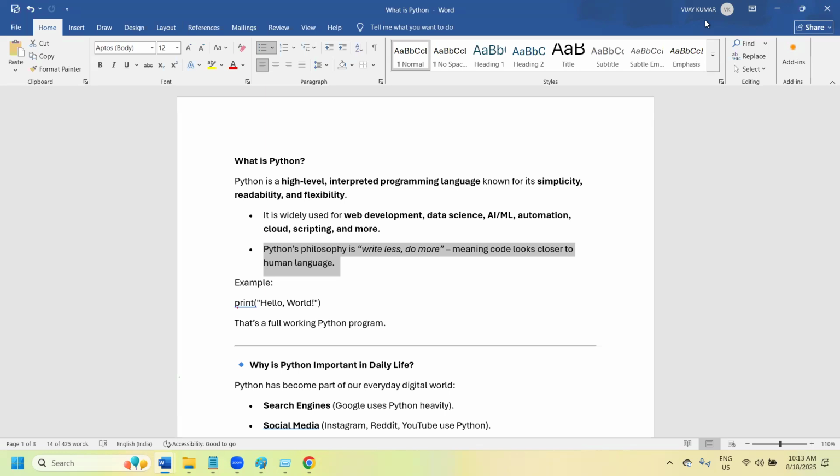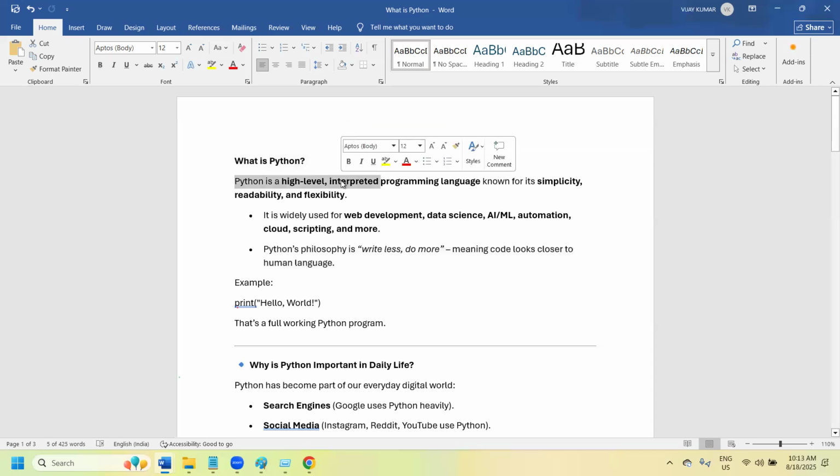That is one thing. So as I told you, what is Python? Python is a high level and interpreted programming language. Simply, it is known for simplicity, readability, and flexibility. High level in the sense that, like, hi, how are you, which means that you are able to understand, right? So it is a kind of simple English. Even in Python we are going to use simple English.